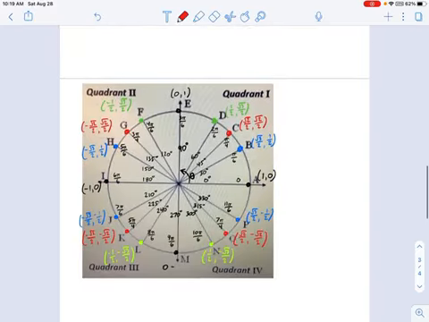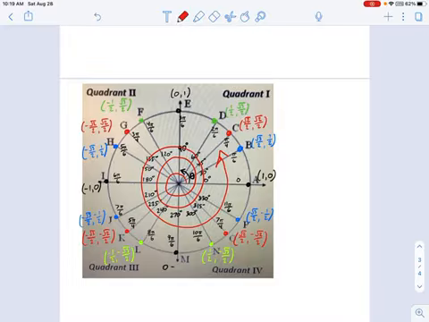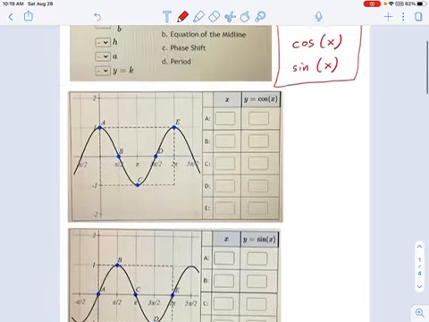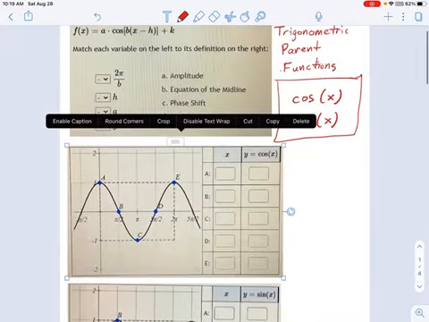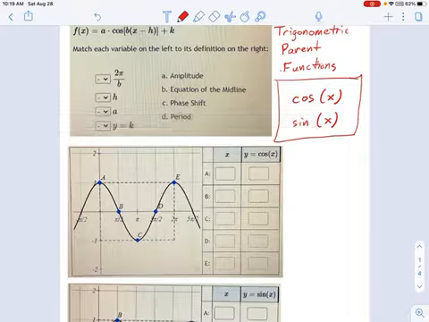There's our good old unit circle. Remember how the angles go around and around and around, etc. You can go forever if you want. You can figure out the cosine of 3,000 degrees if you want. And it repeats itself over and over again as you go around this circle. That is what we're talking about as you go down in X. So those circles that I was just drawing on the graph, those are the angle theta as it goes down the x-axis. We've talked about some of that in class.